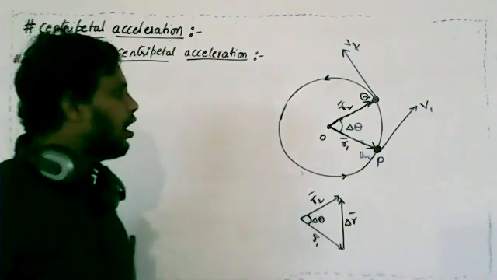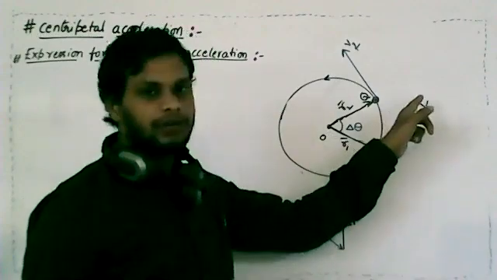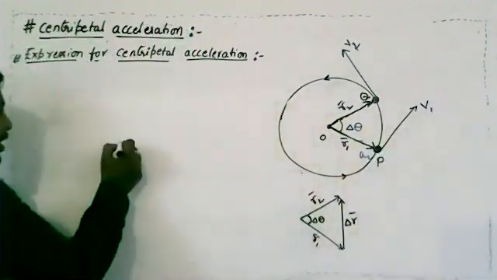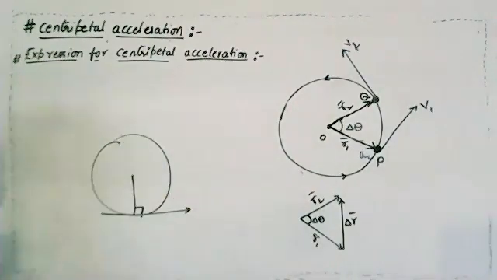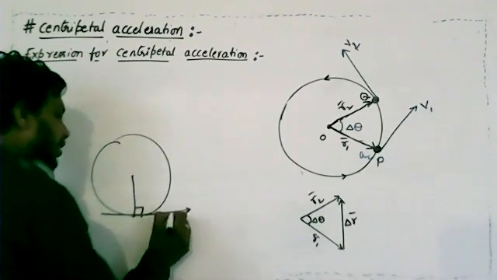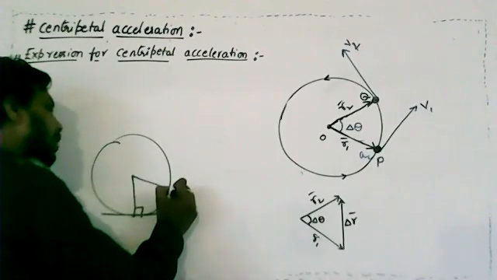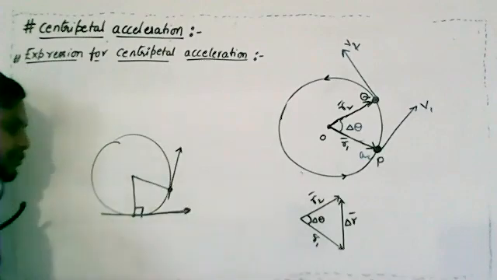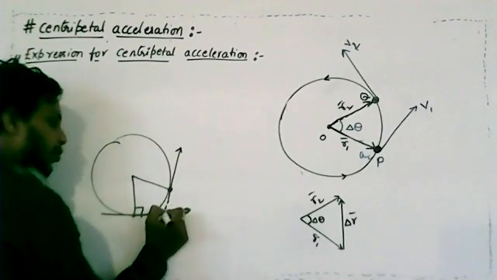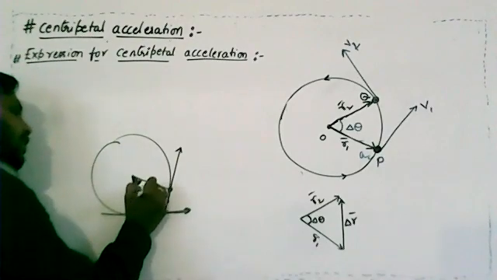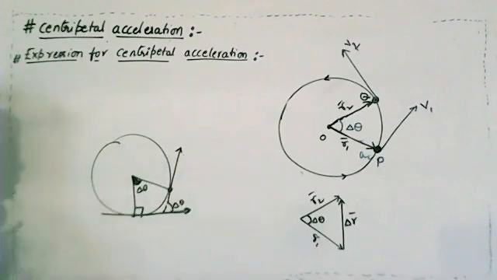And we already know that always this radial vector is perpendicular to the tangential vector. Now remember, for a circle, the radius is always perpendicular to the tangent. Are you clear? For example, if I take this radius vector, it is perpendicular to the tangent. I will take another point. Here also the radius vector is perpendicular to the tangent. If I extend this point here, and you consider this angle as delta theta, then this angle will also be delta theta.